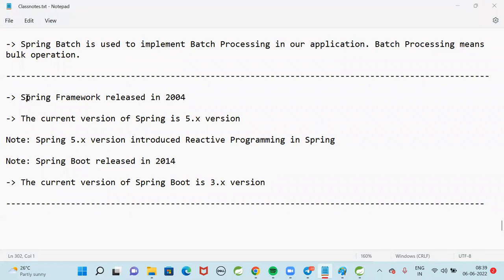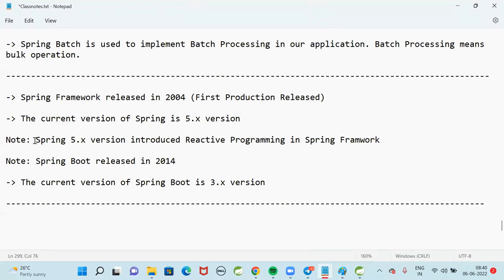The first version of the Spring was released into market in 2003, and the first production release happened in 2004. The current version of the Spring is 5.x version. Spring 5.x version introduced reactive programming support in the Spring framework.